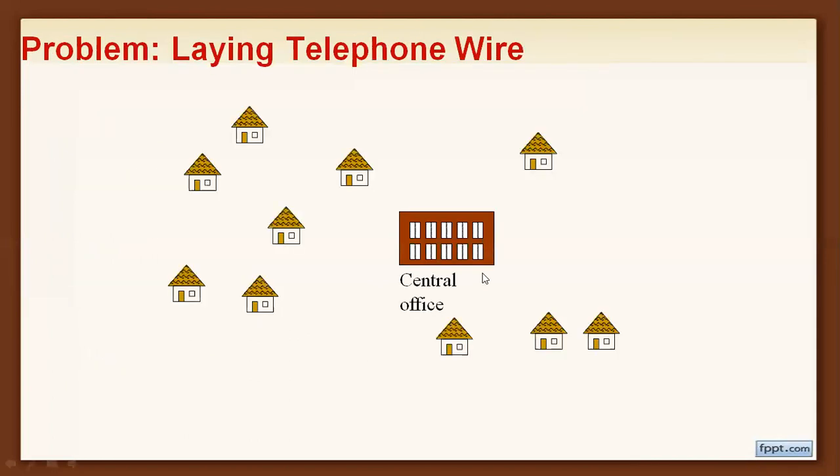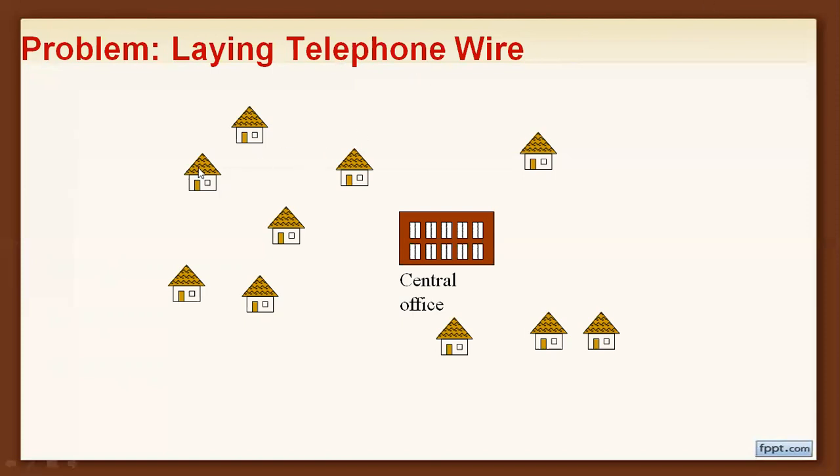And apart from that, we need to consider a real-time example where Kruskal's algorithm can be applied. This is one of the best examples: laying telephone wires. If you want to establish a well-connected telephone network among a city with different homes from the central office, the main problem is to find the shortest route among all the vertices or edges.